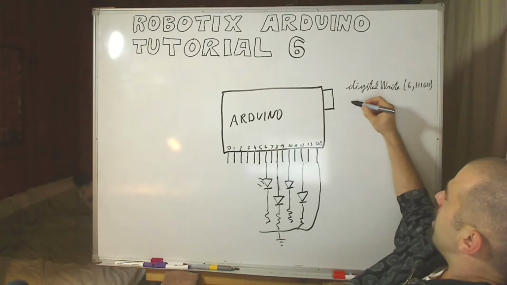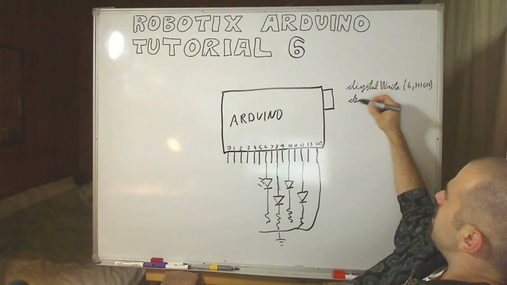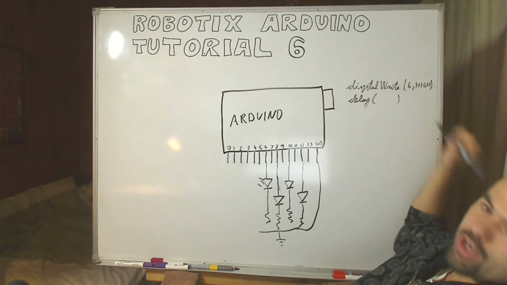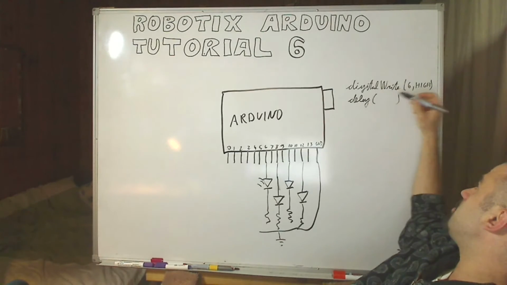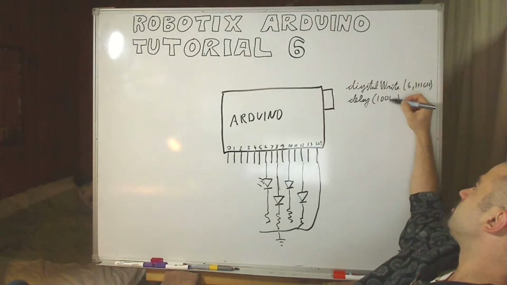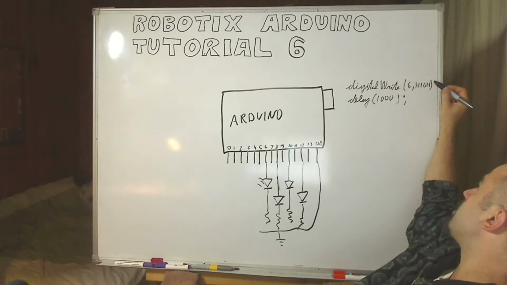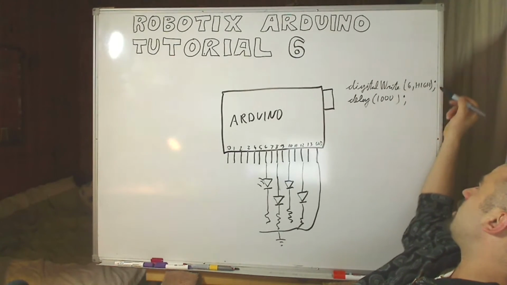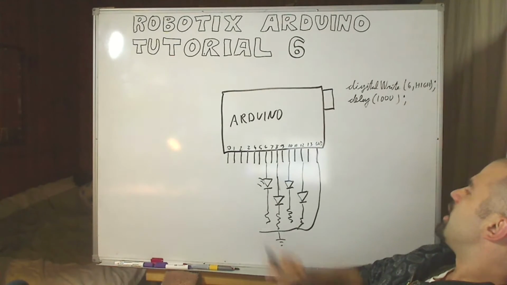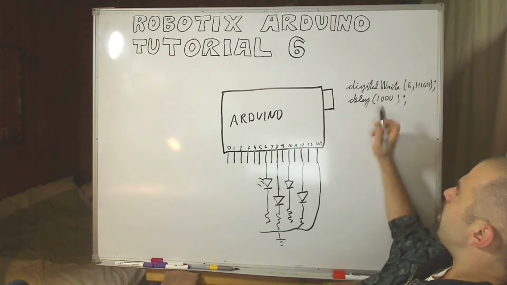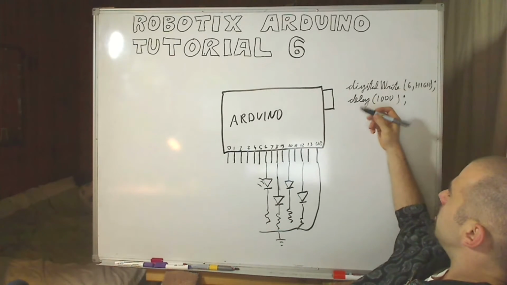Now, we're going to then write another line of code that says delay, and in brackets, whatever number of milliseconds. Now, 1,000 means 1 second. So 1,000 followed by a semicolon, and there's a semicolon here, which is like telling the computer to execute this command. This will turn on this LED, wait for 1 second, and then you can